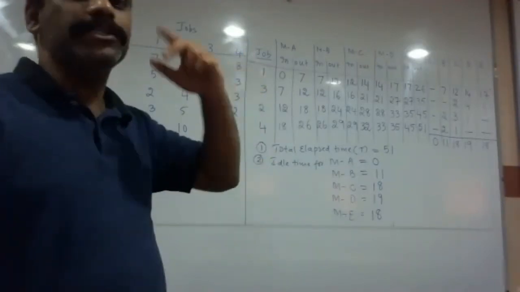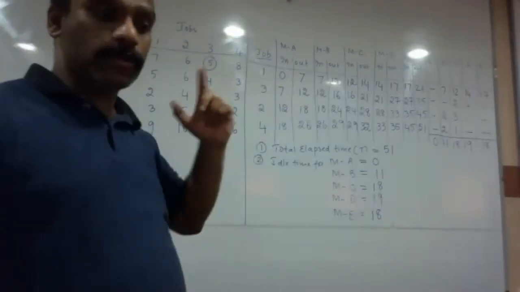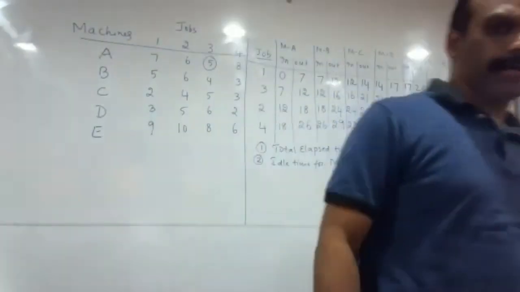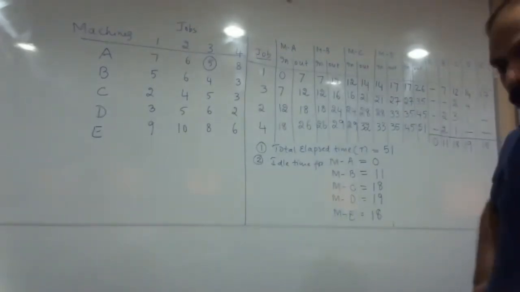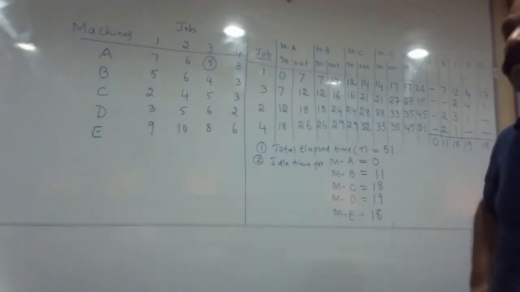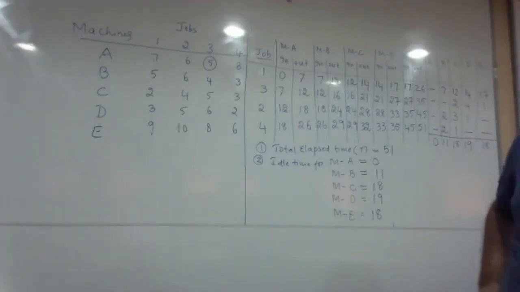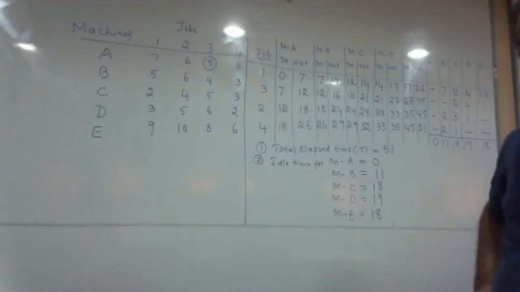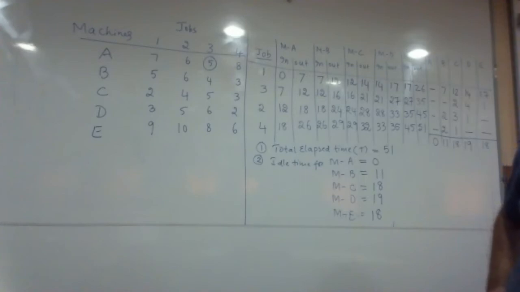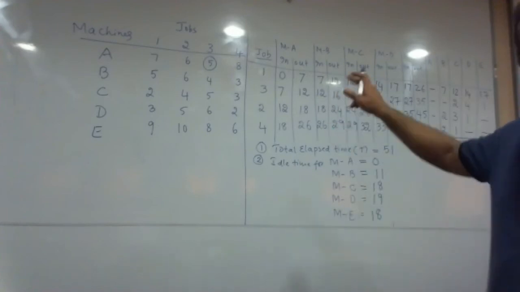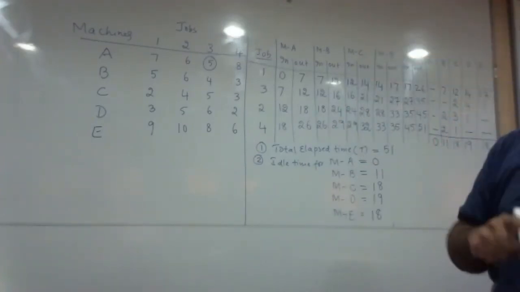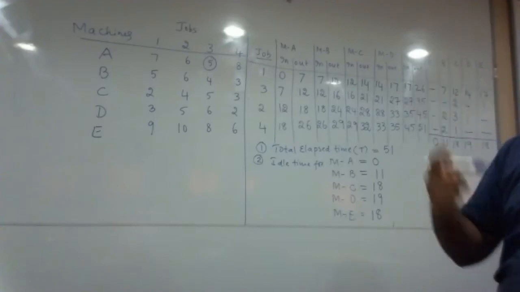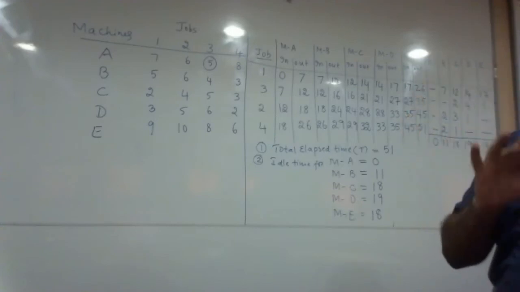If both the conditions are satisfied, which condition am I referring to? Can anybody please tell me which are the two conditions I'm talking about? Minimum of first machine is greater than or equal to maximum of remaining machines, and minimum of last machine is greater than or equal to maximum of remaining machines. Excellent. Here in this problem, we could see that only one condition was satisfied. Now we are going to take up a problem where both the conditions are satisfied, and see how we proceed with the problem. That's exactly what I'm trying to convey.